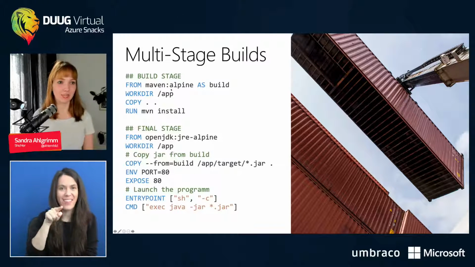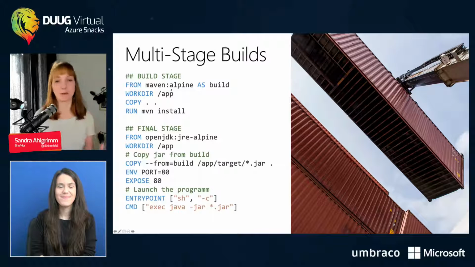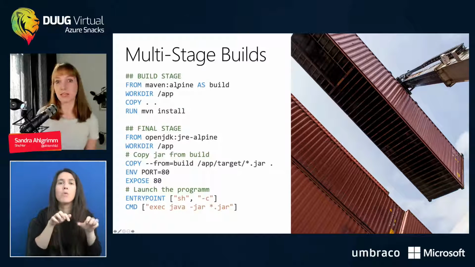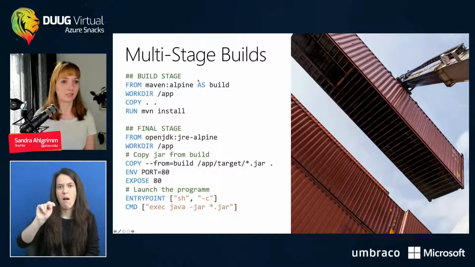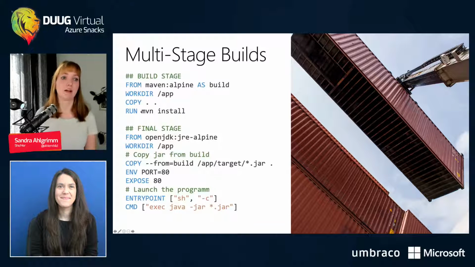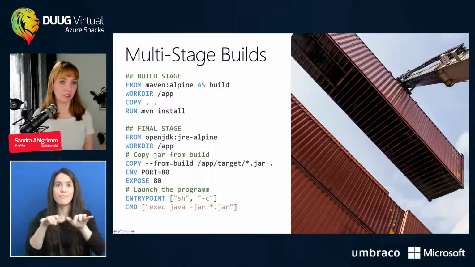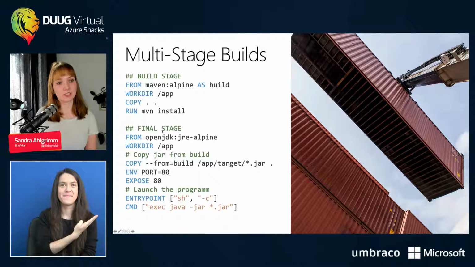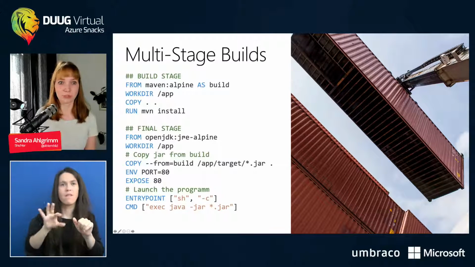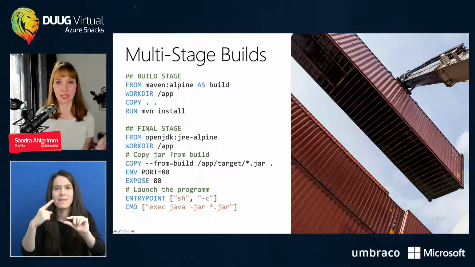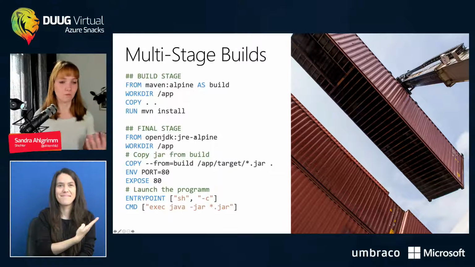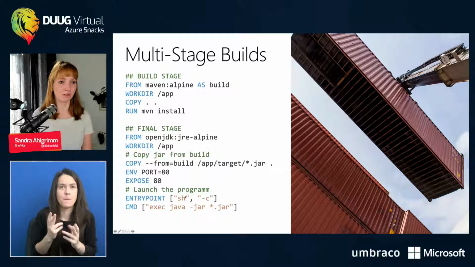So here I have my build stage, where I need my build tool, so I just put it here. I use the Alpine version because I don't need more. There are no specific things, so I can just call this build container. And I set my work dir. I run the Maven install command, which will generate my jar file for me. And then here's the next stage, which is also the final stage, where I can just choose the smallest version possible. So here it's the OpenJDK JRE Alpine, which is the least you need to just run a jar file. So my Java app will run with this.